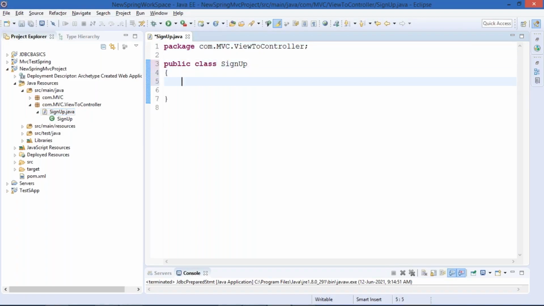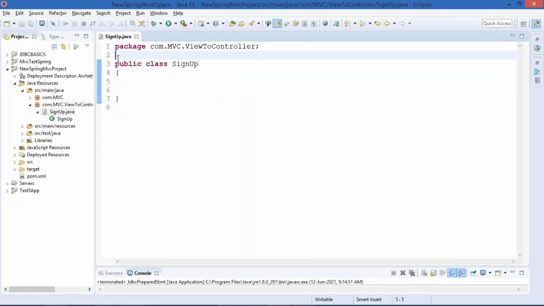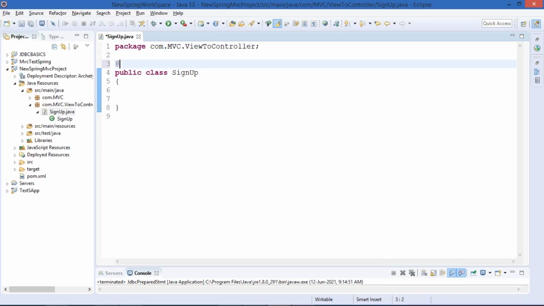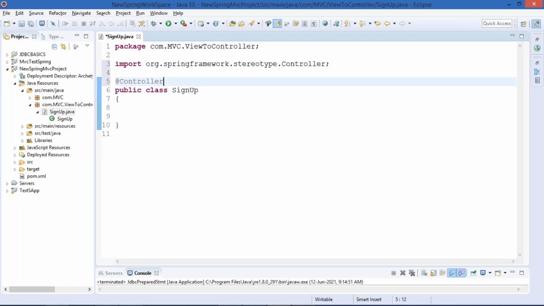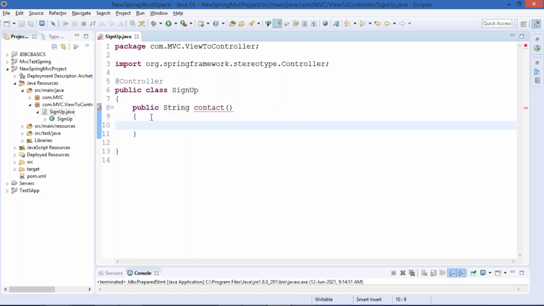So I want to declare this class as a controller. If you want to declare a class as a controller guys, we will make use of one annotation, that is @Controller. Let's say I'll declare a method here, public String contact. You can give whatever method name you want. Simply I'm creating a controller. So I'll say return,